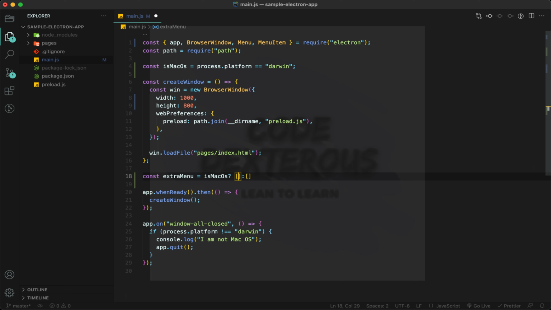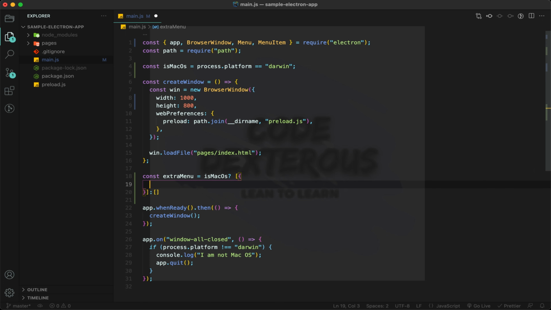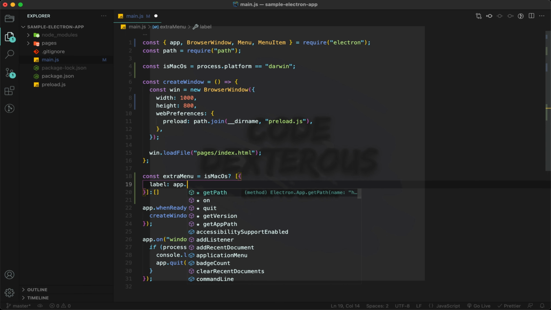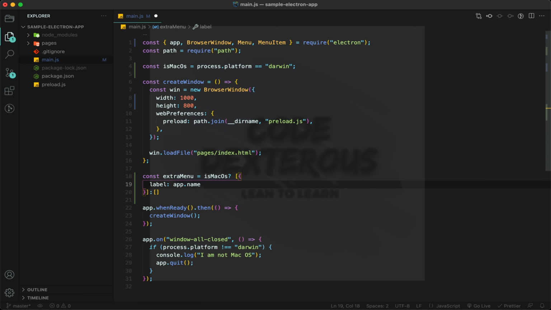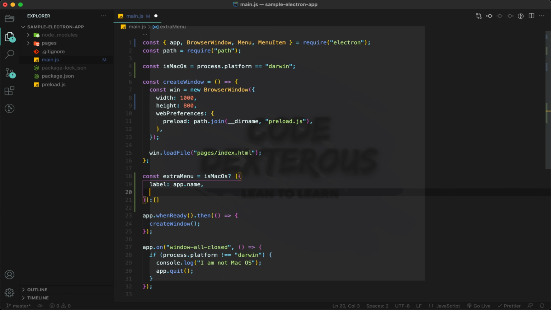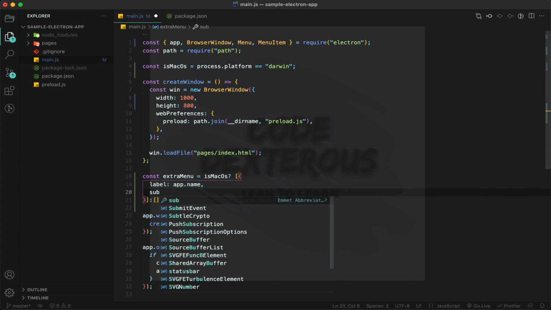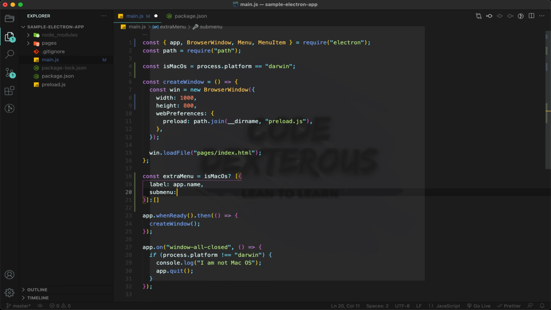Okay, so in case of Mac OS, I'm going to add a label, and this will be app.name. What is the name of our application which we have given? It will be shown here. And the submenu will again be an array, and there are different kinds of options here.